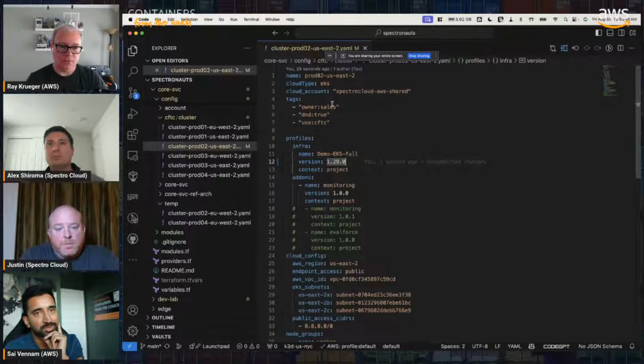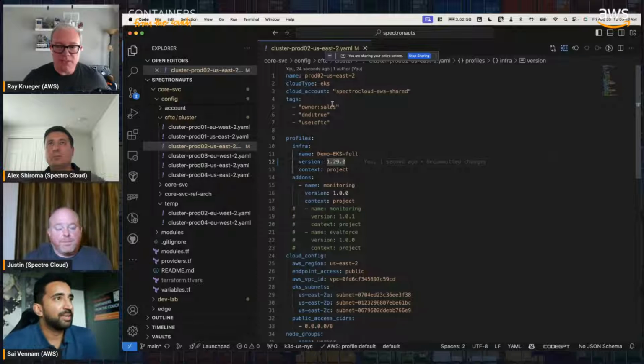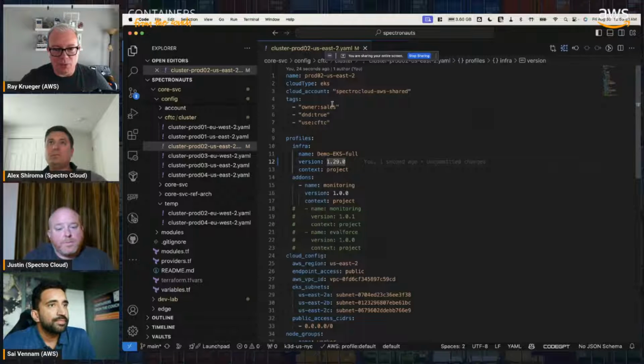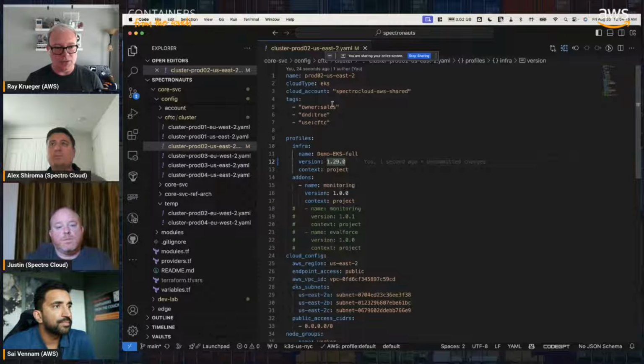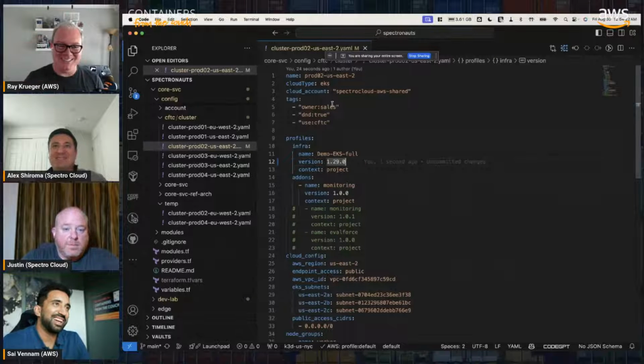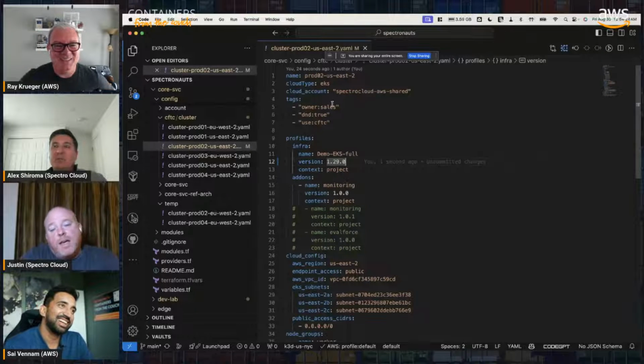Such a big pain point for our customers. Upgrades are consistently in Kubernetes land, wherever you are, one of the hardest things to deal with. And what I really like about the pack concept is the reason that upgrades get stalled out is because, sure, it's the Kubernetes version, but I have all this other stuff installed that I need to test against that Kubernetes version. And there's different ways to organize those things when we talk about GitOps and such. So having this stack concept where you can say, look, we've already tested it, we're moving it forward through our environments as one holistic upgrade is pretty powerful. And so take that home, people. Upgrade your clusters.